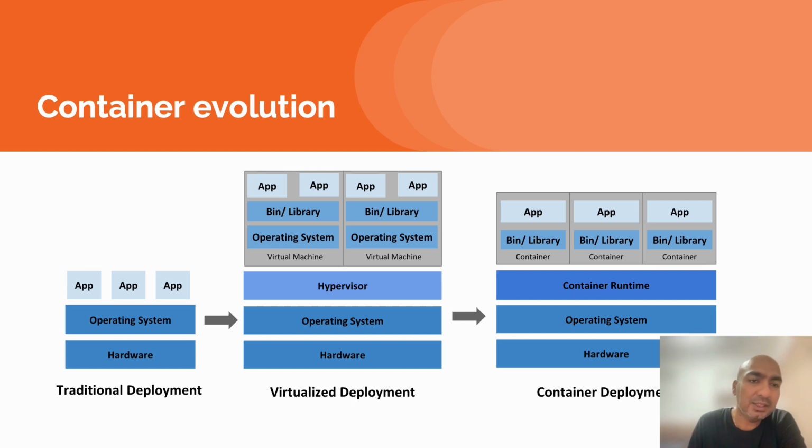Then comes virtualization. What really happened in the case of virtualization is we had hardware and OS. We got one more service on top of that, called a hypervisor. On top of the hypervisor, we used to deploy multiple VMs, or virtual machines. In the virtual machines, again, we have an OS, we have binaries, and we have the app deployed on top of that. So the same hardware can now host multiple machines. That was the era of virtualization.